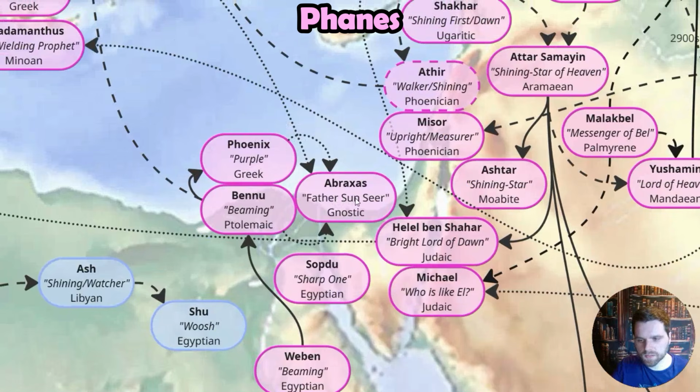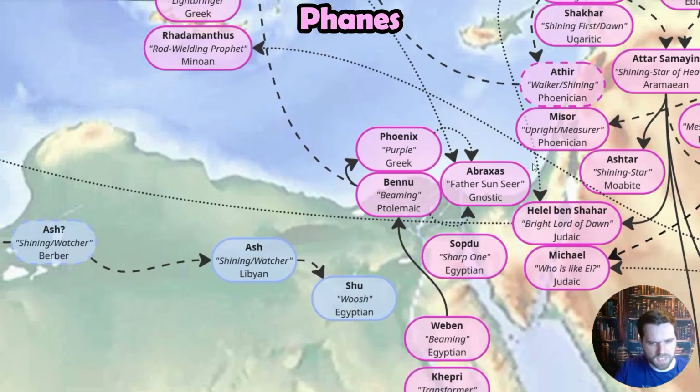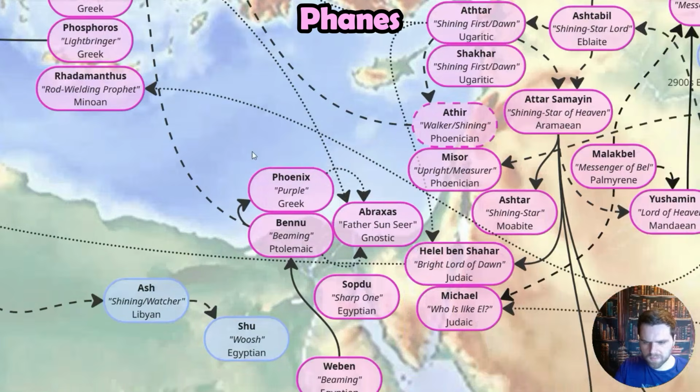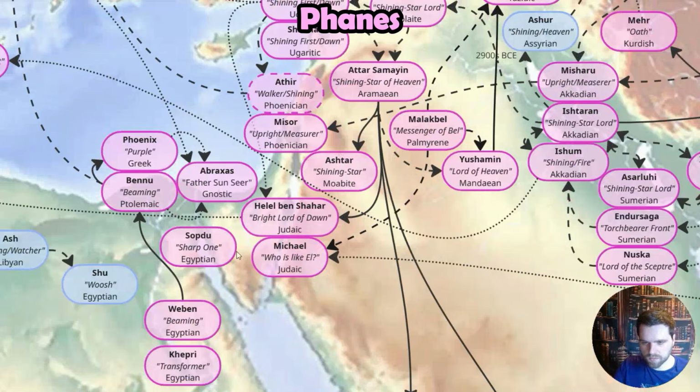We have Abraxas, who is a Gnostic, very important figure. He's the one depicted with a rooster head and serpent legs, usually manning a chariot. His name is an acronym, but also might itself mean Father Son Seer or Father Son Watcher. So again, it's got that kind of meaning of Osh and the Watcher and the stuff that we keep coming across motif.